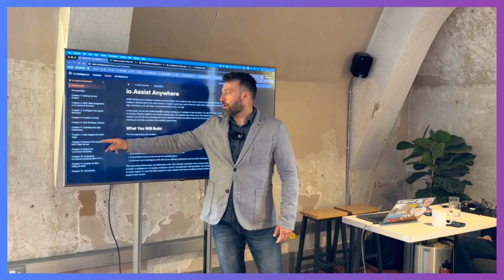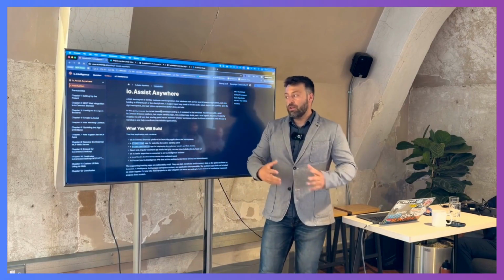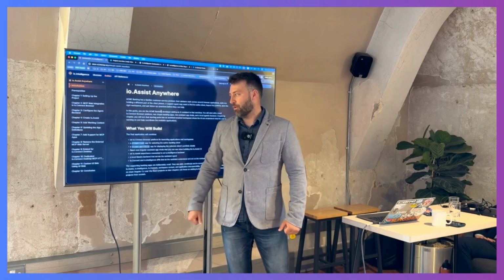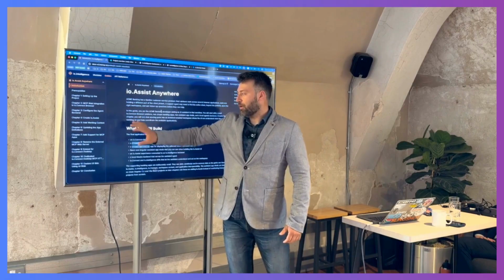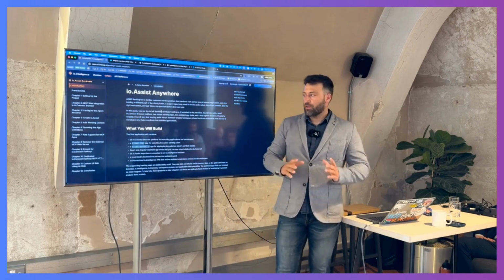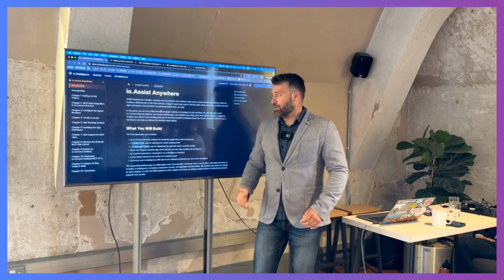Then we also talk about something else, which is that our MCP can run externally or internally in the client itself. So this is a chapter where we show you how that's done. And then everything that you've seen so far works flawlessly also in desktop. So in this chapter, we show you how you can take the work that you've done and just move it over to desktop without any code change.